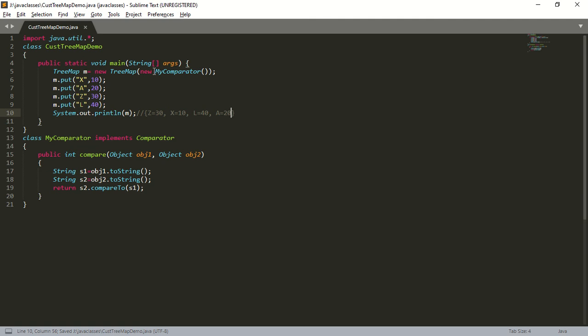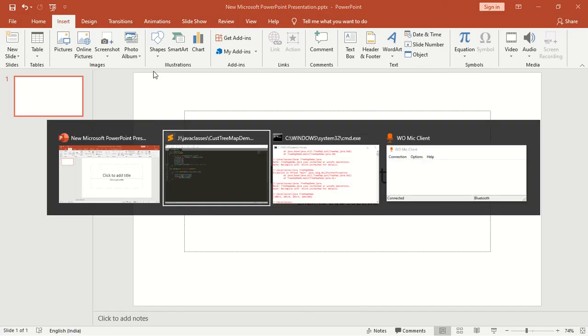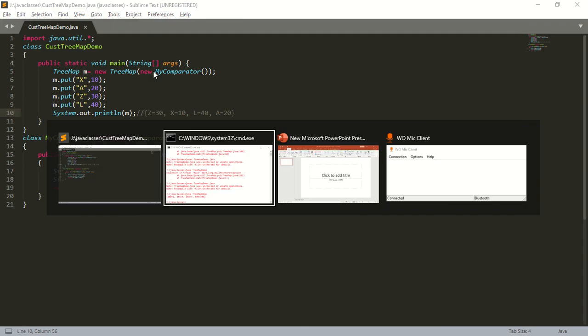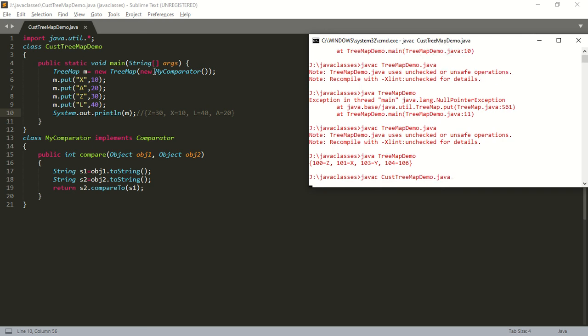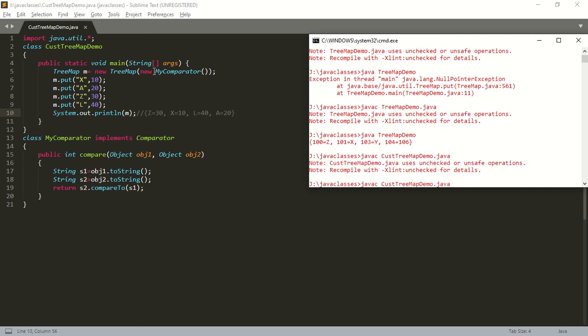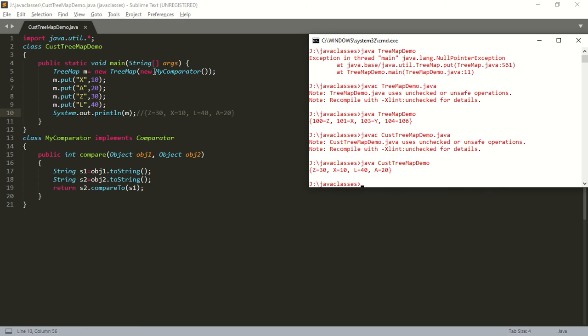Save the program and compile. javac, what is the file name? CustomizedTreeMapDemo.java. No errors. Run the program: java CustomizedTreeMapDemo. So now what will be the output? The output will be z equal to 30, x equal to 10, l equal to 40 and a equal to 20. So this is all